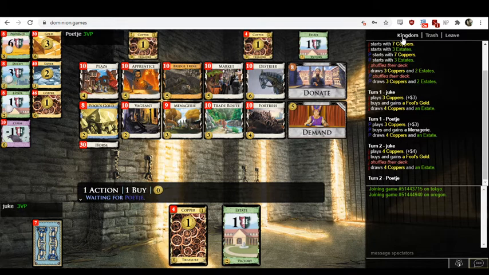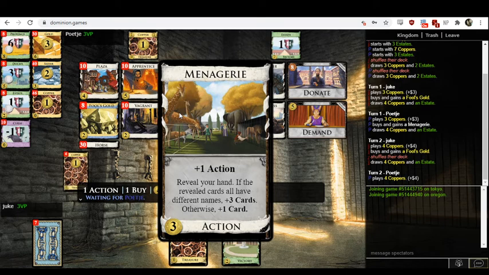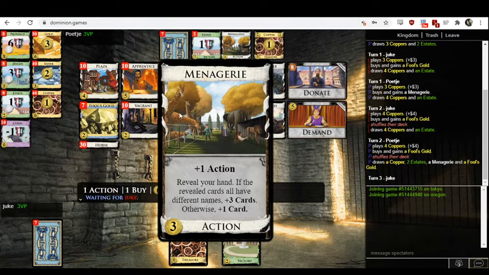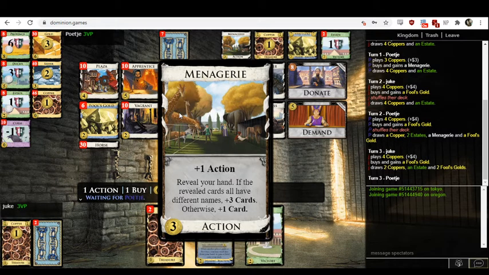Okay, so Menagerie is a phenomenal card. If you look at the ratings, you'll see it's very highly rated. In fact, I think there's a situation here where you would likely want a lot of Menageries eventually in this kingdom, because if you can activate its effect, it's like a double Laboratory for 3 coins, which is phenomenal. You know, 2 Laboratories normally cost you $10 and 2 buys. So that's a steal. The problem is it's hard to activate,